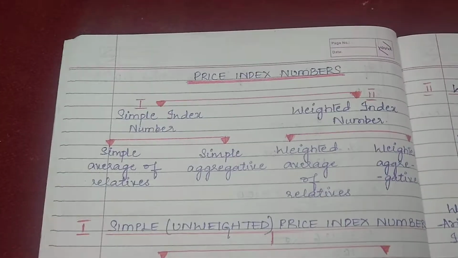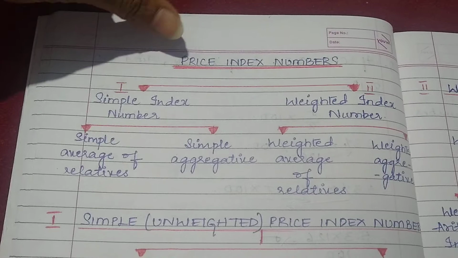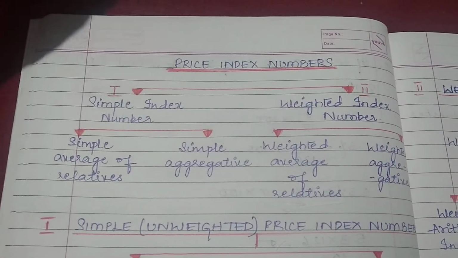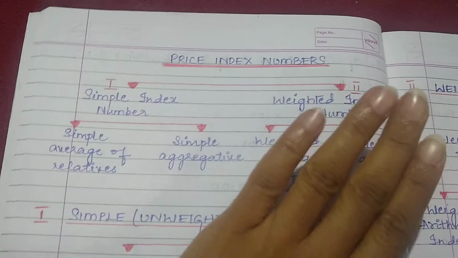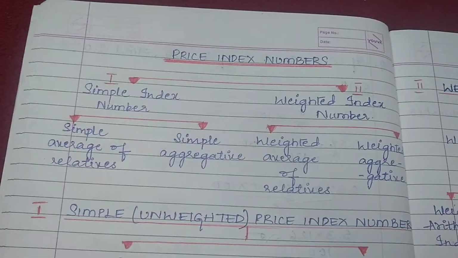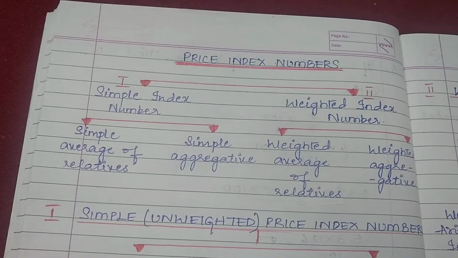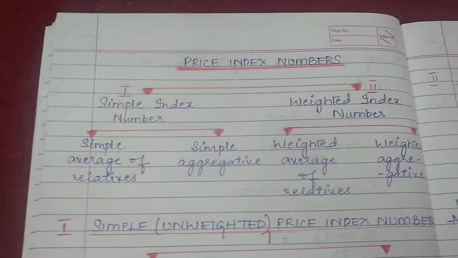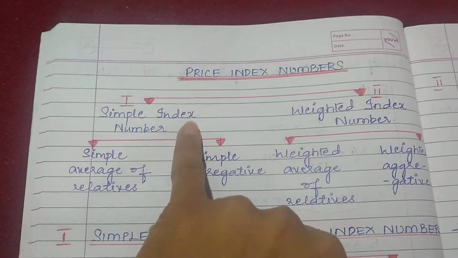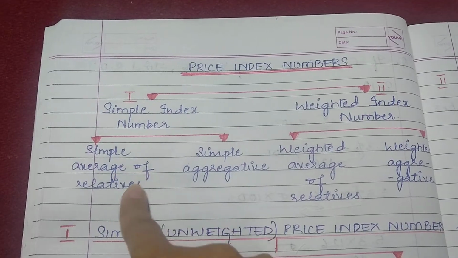When they ask for a simple index number, you calculate the weighted, and when they ask for weighted, you calculate the simple, vice versa. So, you have to draw this in your notes on a fresh page. Once you finish the notes I sent yesterday, you will start on a fresh page. Now the simple index number is divided into two things, that is, simple average of relatives